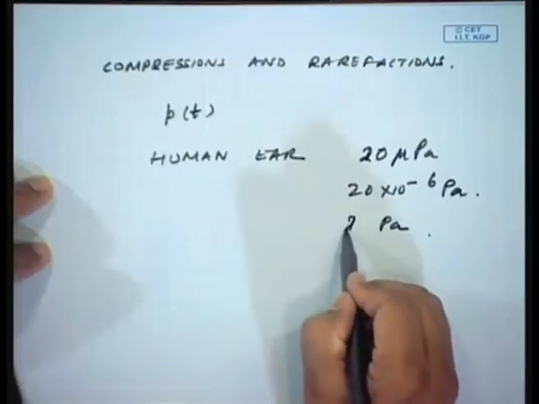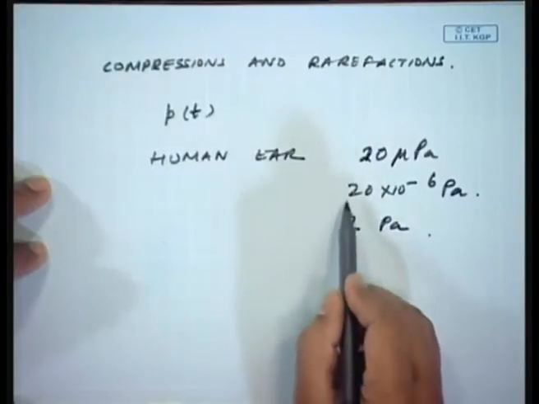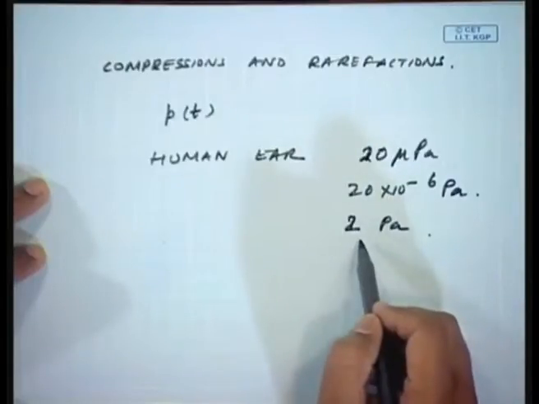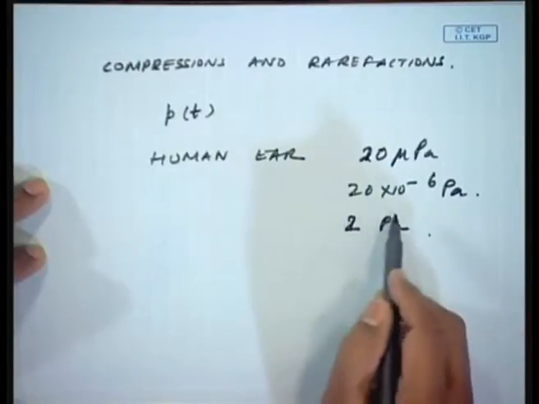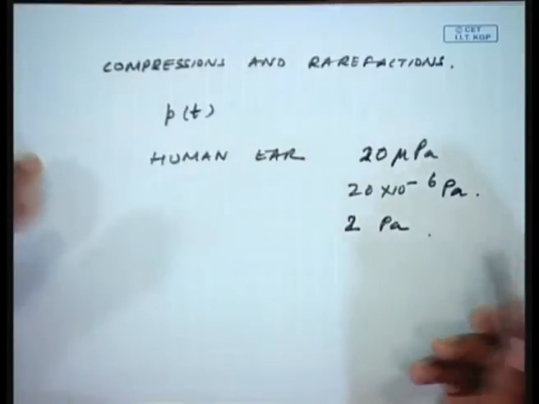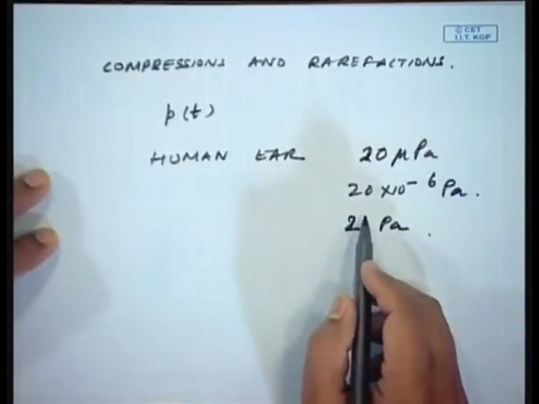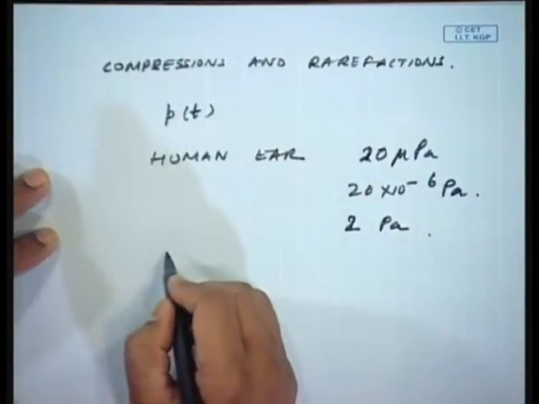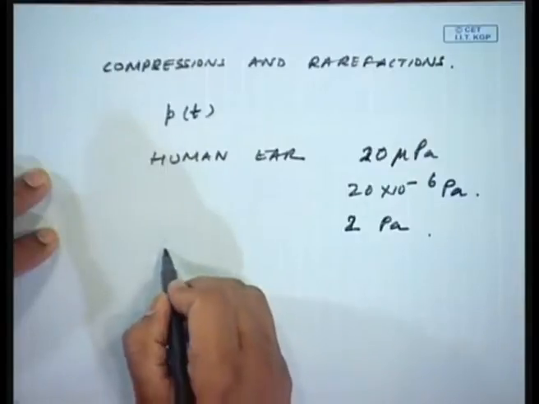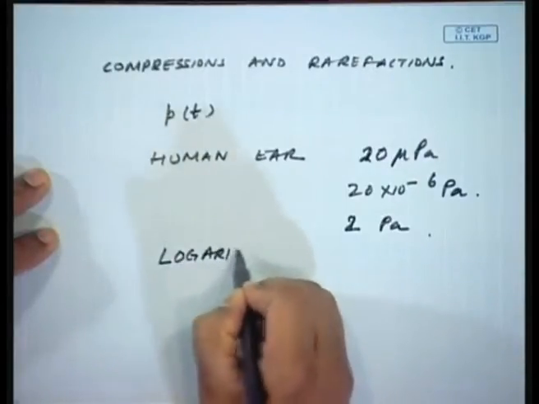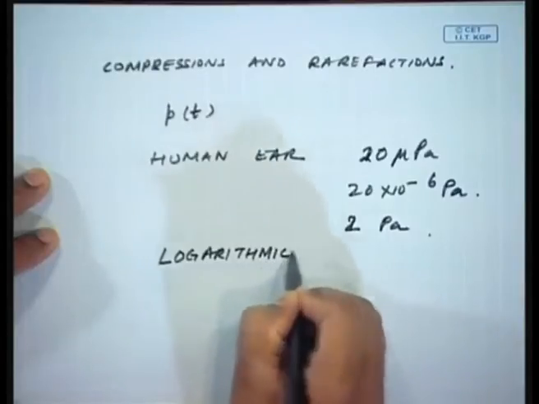But if you see, this scale is very large, 10 to the power minus 6 to 2 pascals, and that is why it was felt that this sound pressure need not be represented in a linear scale, but a logarithmic scale,